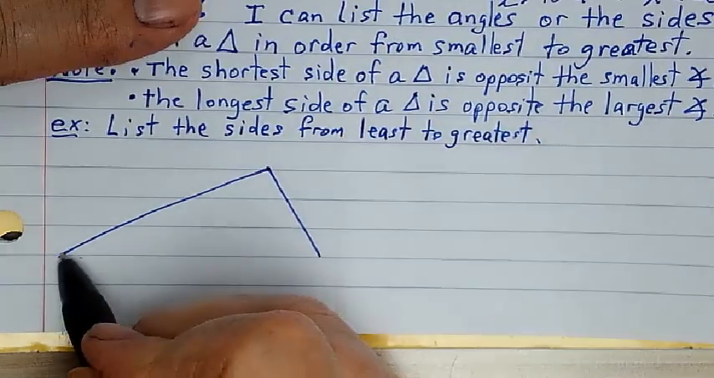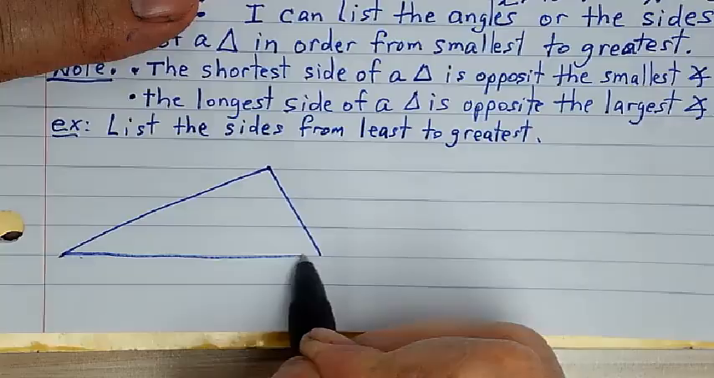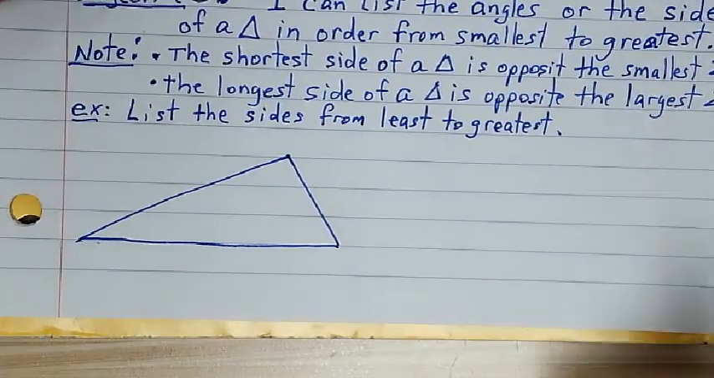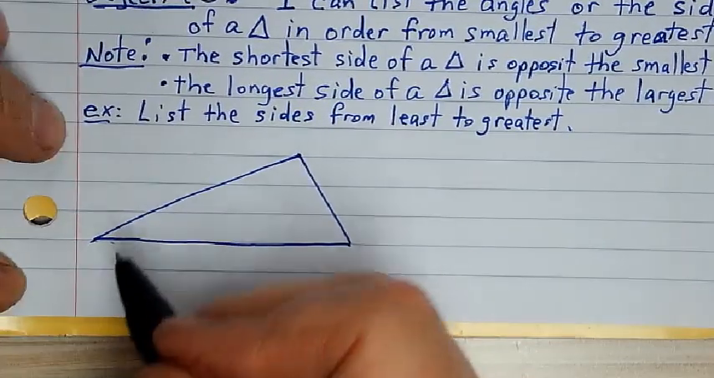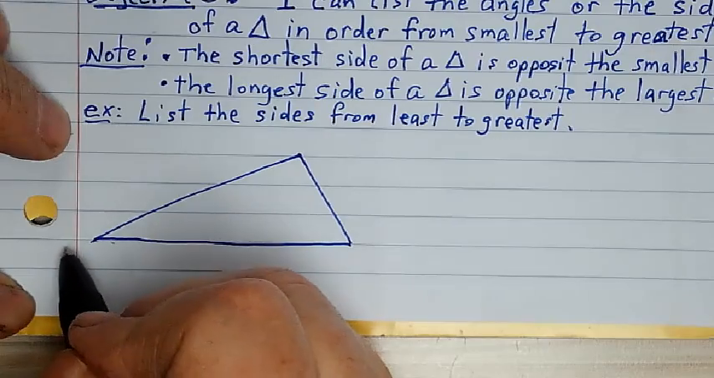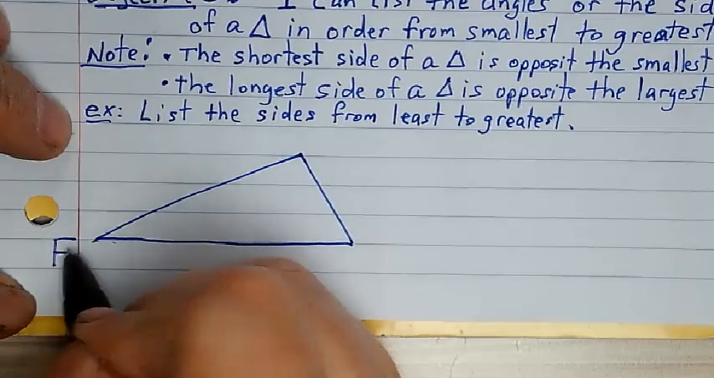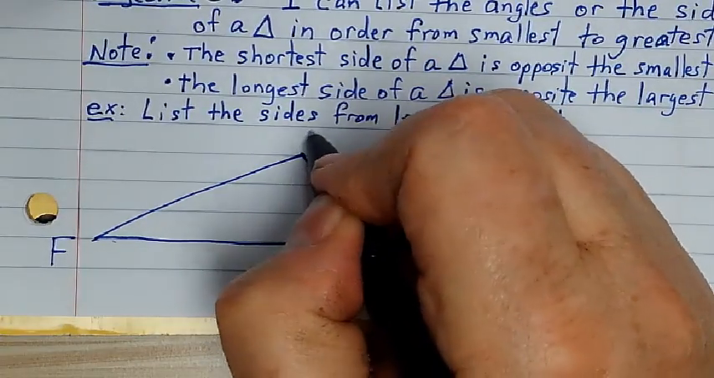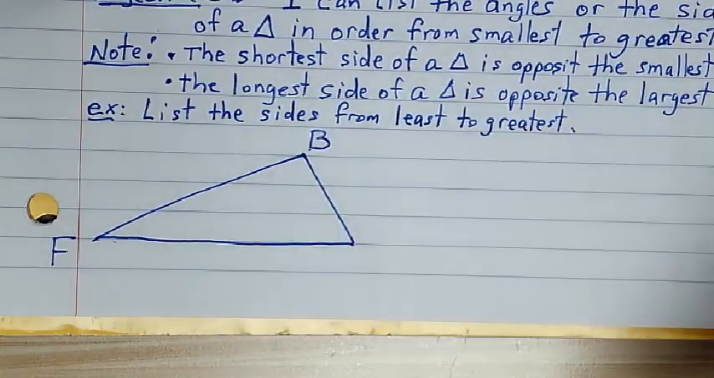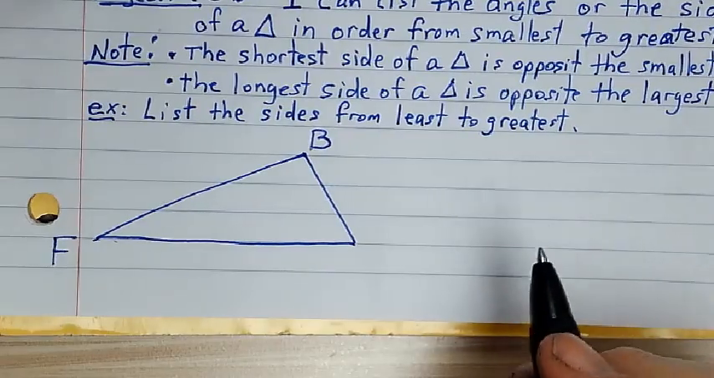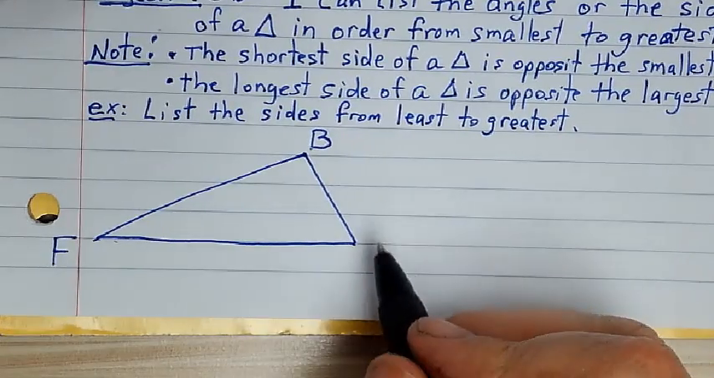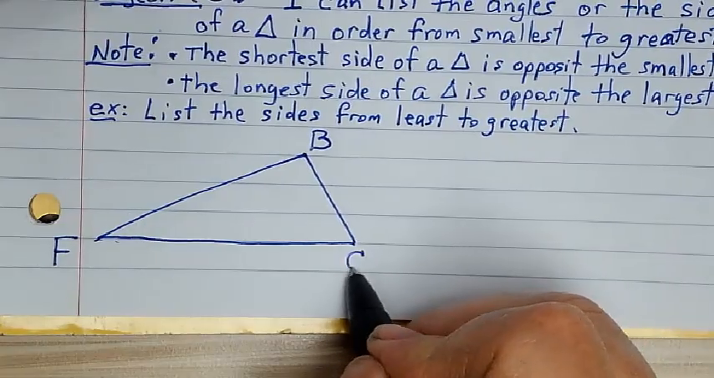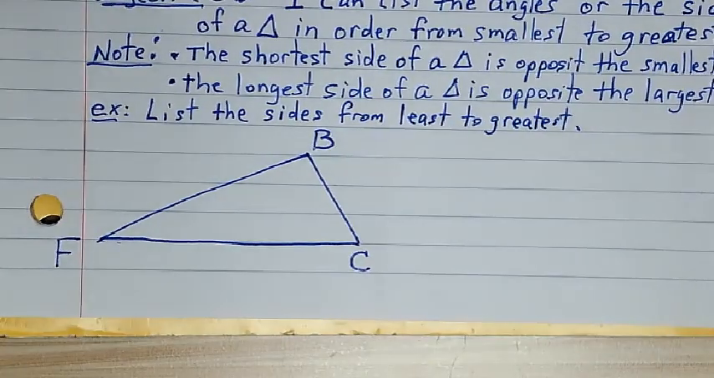So there's a triangle. Suppose I call someone, give me a letter. L. B. Okay, someone said F. B. A. C. So now, if I said list the sides of a triangle from least to greatest, what they're